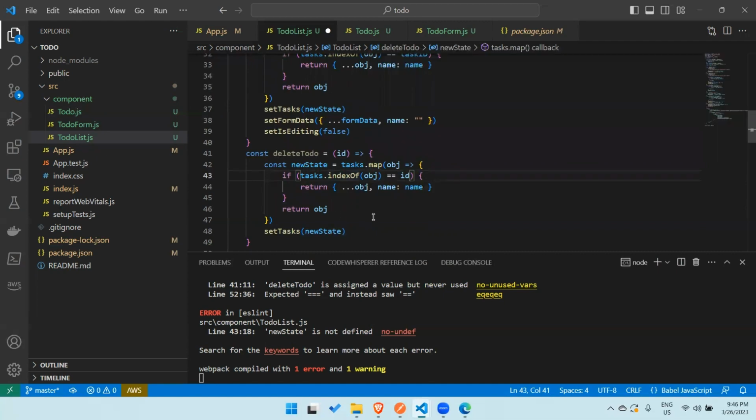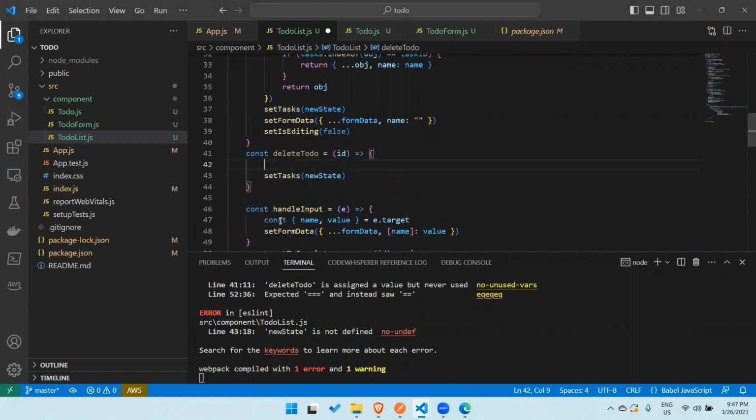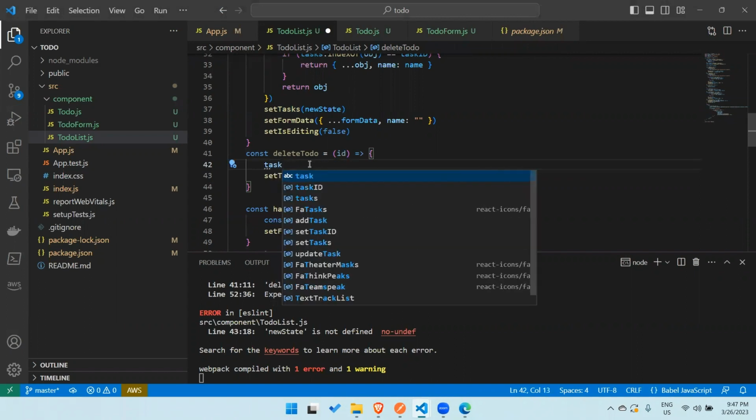I think we can, okay. So we can also remove by index in this. We don't need to iterate this whole. Let's not use this map function. What we need is